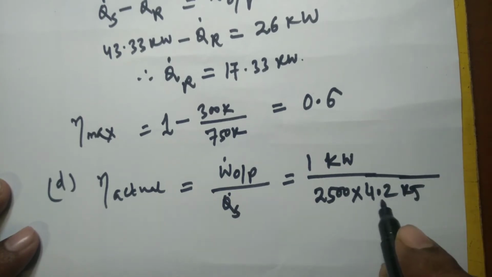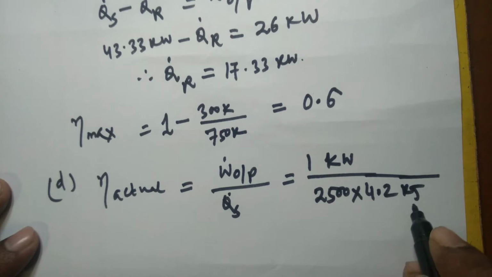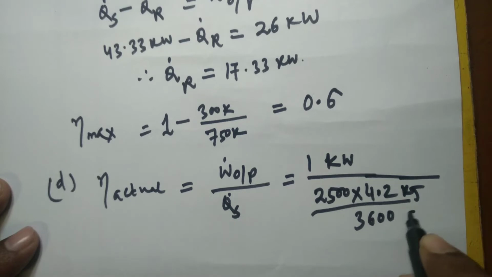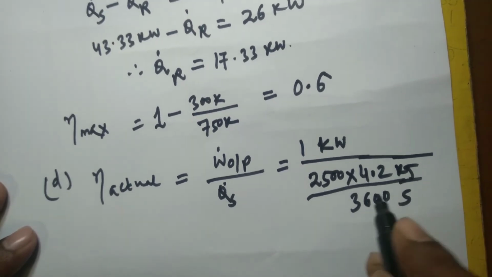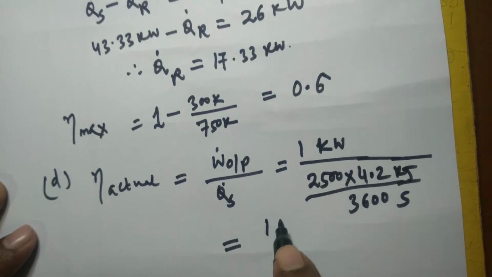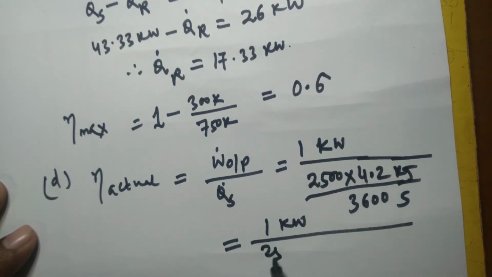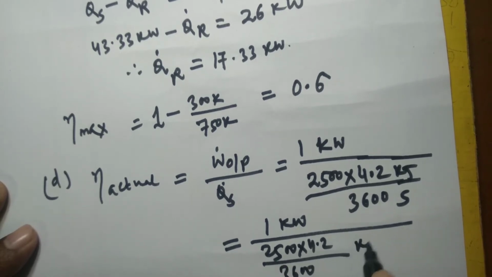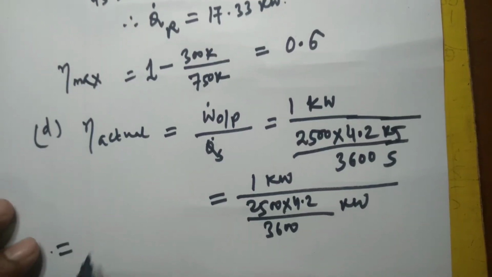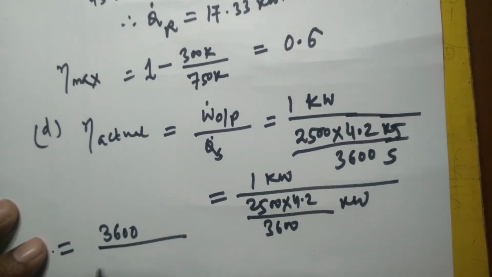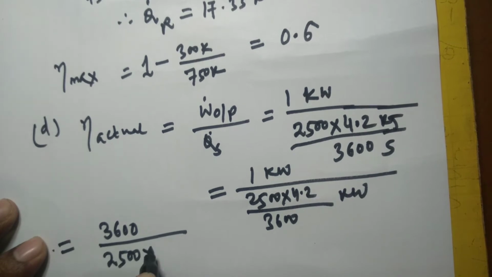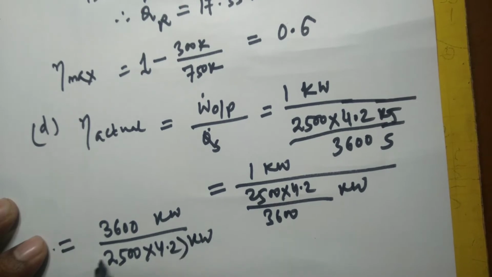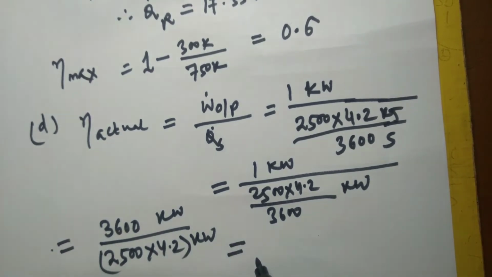And this is given in terms of hour, which means if you want to convert this into second, you have to divide it by 1 hour equals 3600 second. So now your numerator is in terms of kilowatt and this is also in terms of kilowatt. So this is going to be 3600 divided by 2500 into 4.2. This is kilowatt, this is kilowatt, and this is equal to